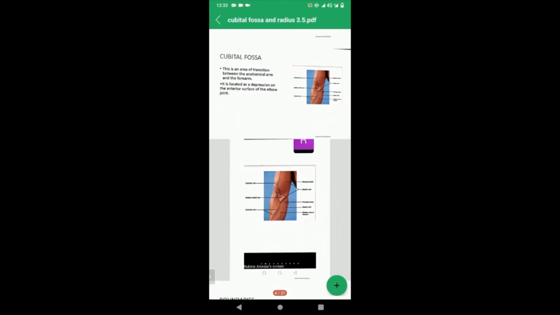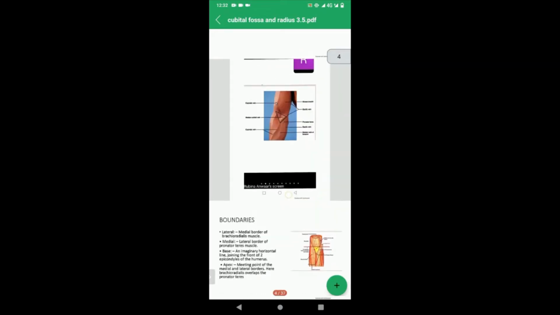The cubital fossa is present on the anterior side of your upper limb. This is an area of transition between the anatomical arm and the forearm. It is located as a depression on the anterior surface of the elbow joint. Here you can see,